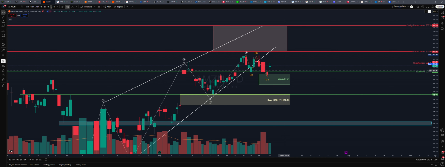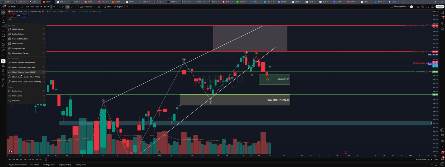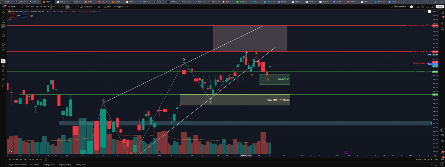So the levels are important. What you don't want to see is a rejection of this level and come back down. If not, you're going to have this was wave 5, and you'll have a complex correction called a WXY, which is going to be this W X somewhere here, and you have a Y coming down towards this level here, which is 198 level over here. So you're really looking to see Amazon break above this level right here, which is that 214 level.